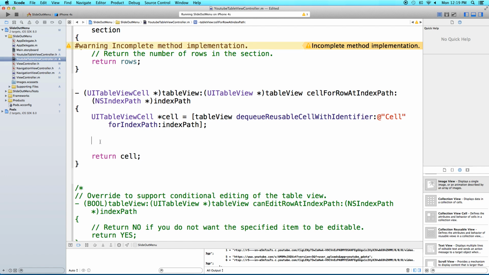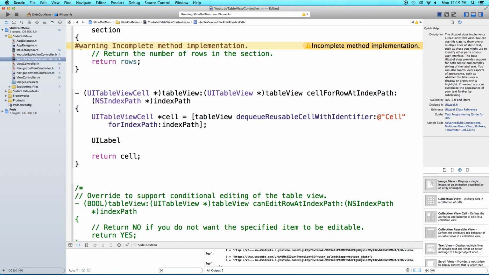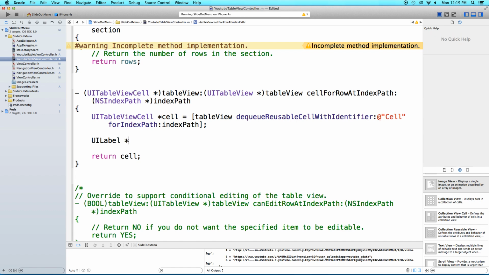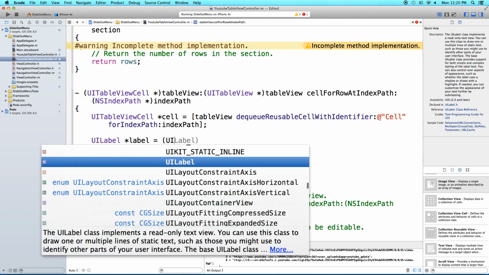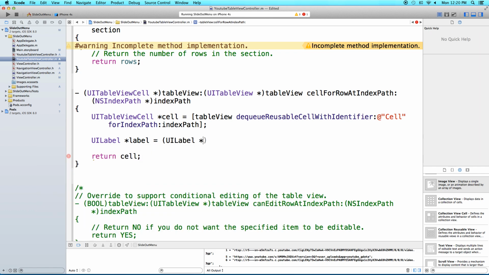Alright, now let's go on over to our YouTube Tableview controller.m file. And right down here, where we edit our cell for row at index path, we want to say UILabel star, or asterisk, label. You guys can call this whatever you want. If you want to say title label or anything like that, go ahead and do that. But I'm just going to call mine label equals, and then open parentheses and say UILabel space asterisk,